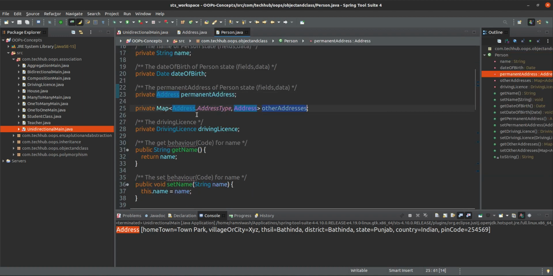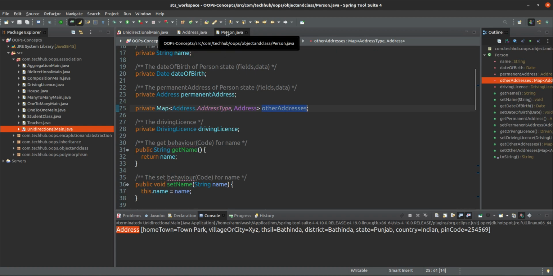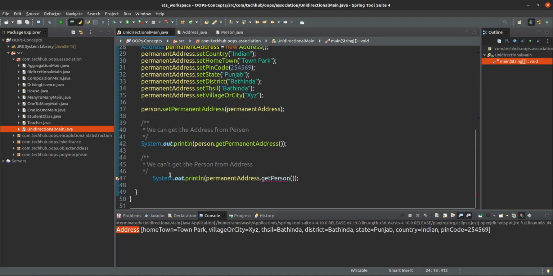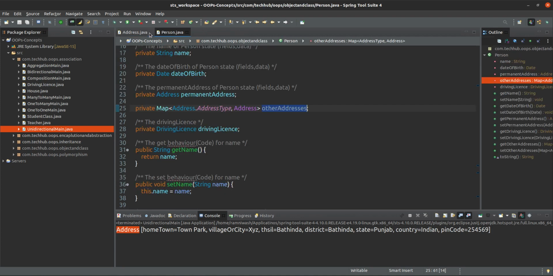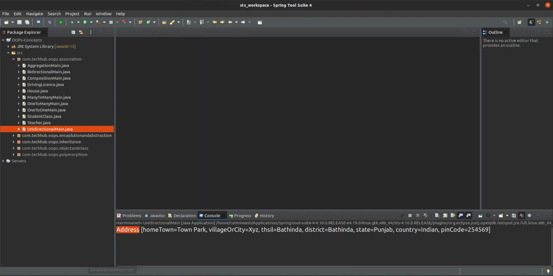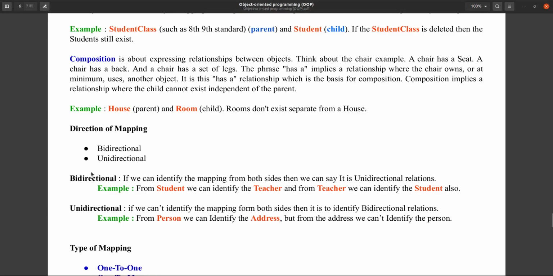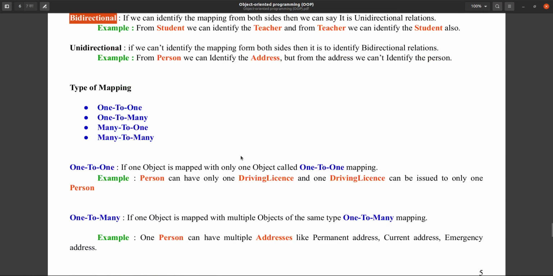There is another one, that is map, that we will see next. So this is called unidirectional mapping. Only one side mapping will be there in unidirectional, but in bidirectional both side mapping will be there.